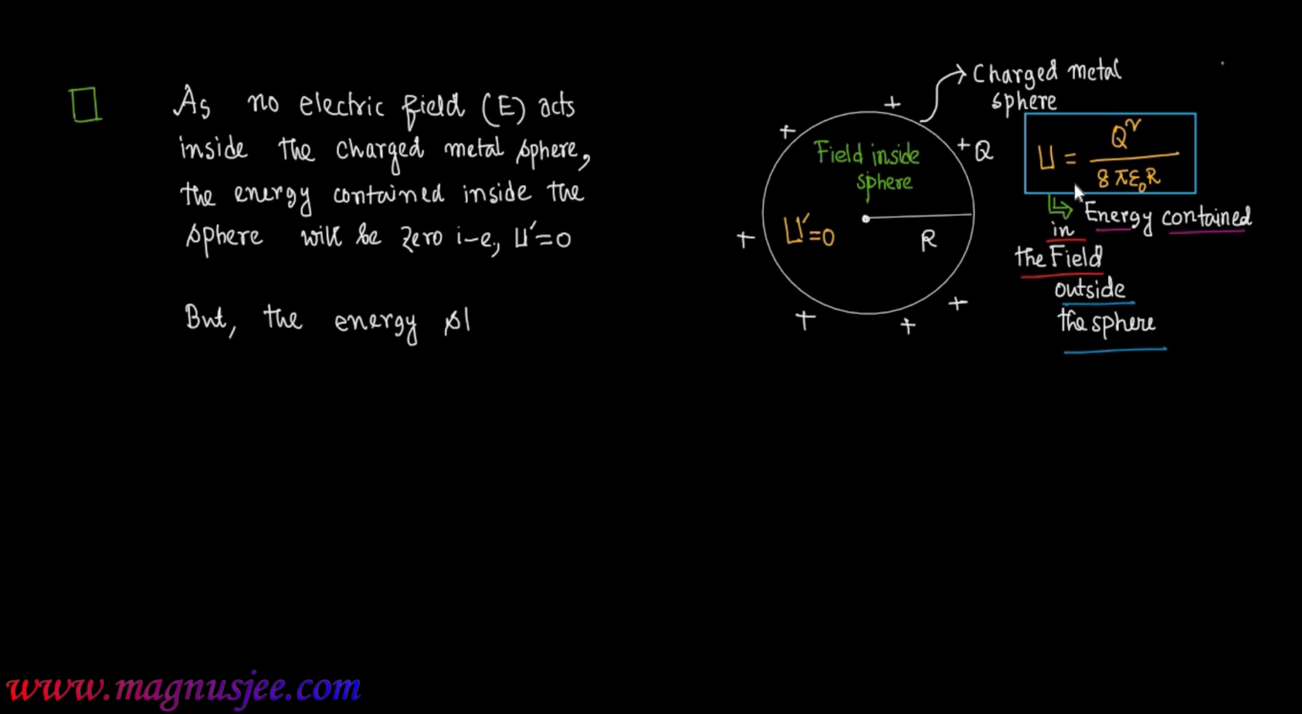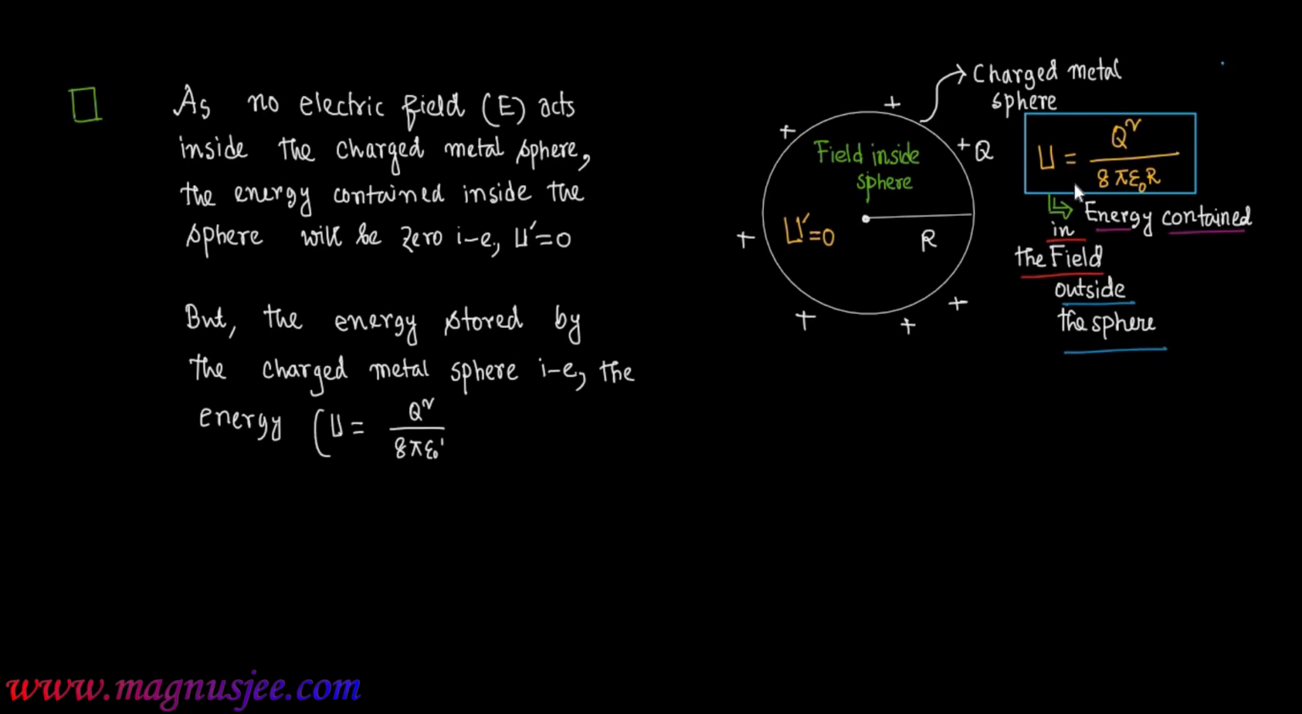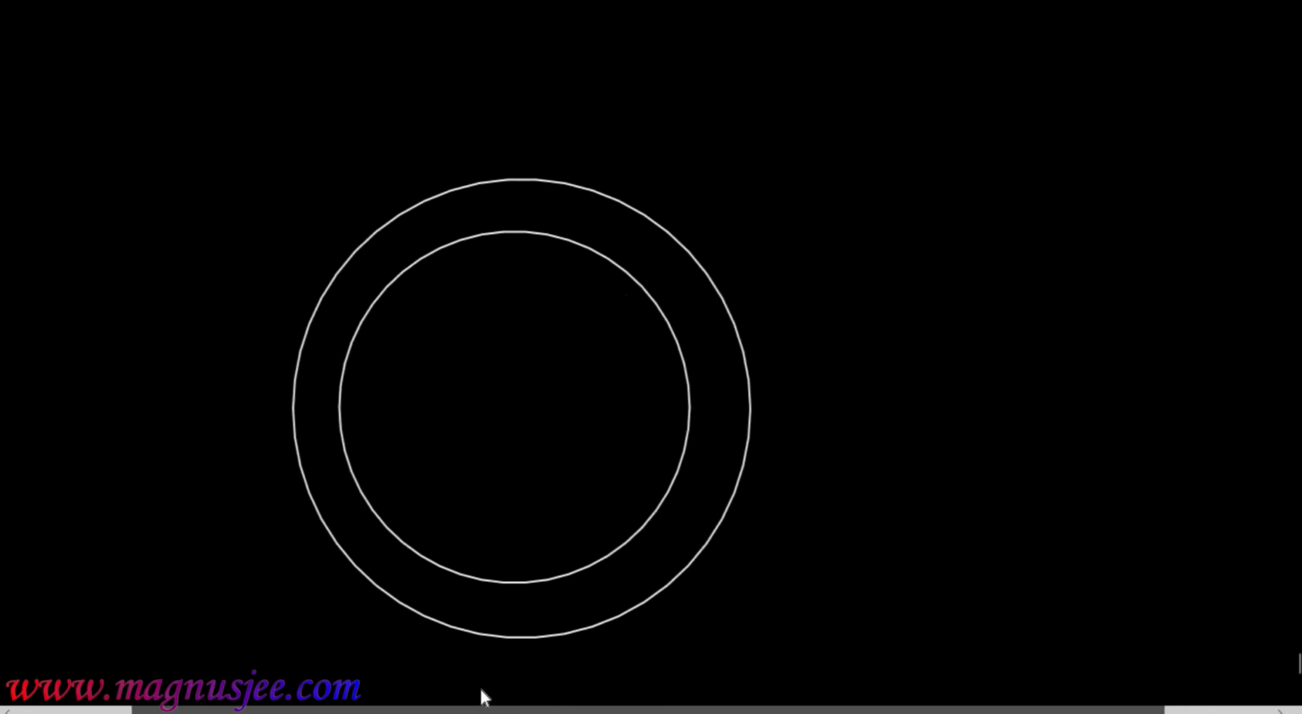But the energy stored by the charged metal sphere, that is the energy U equal to Q square divided by 8 pi epsilon naught R, exists in the field outside the sphere. Now we can consider